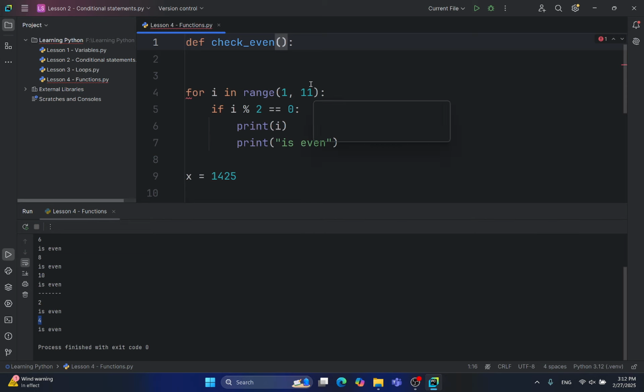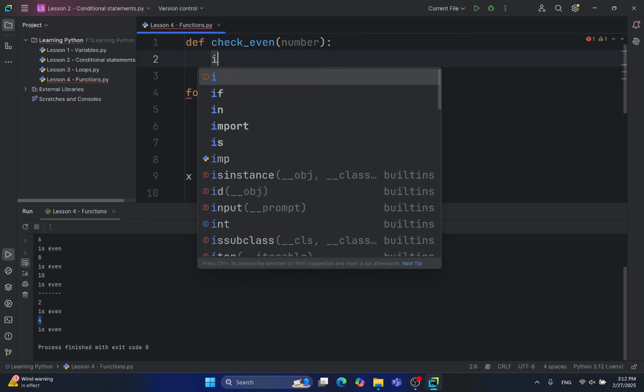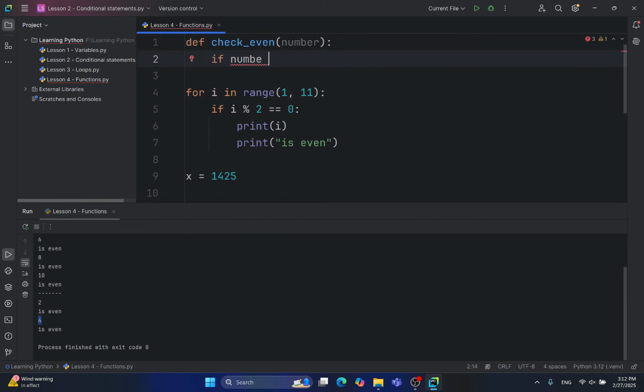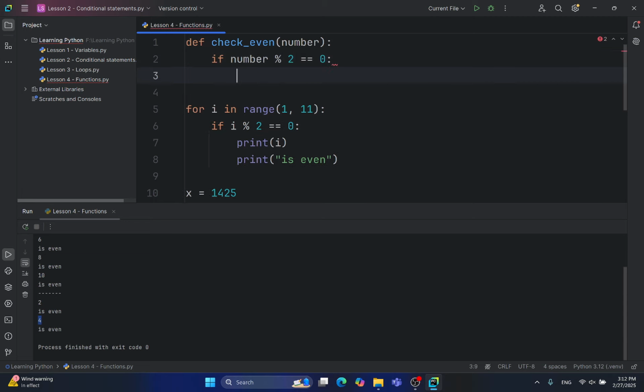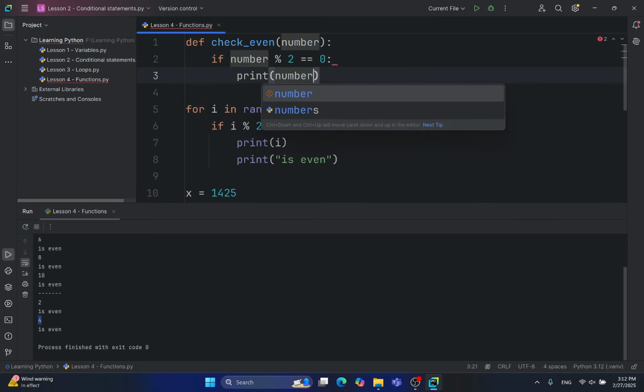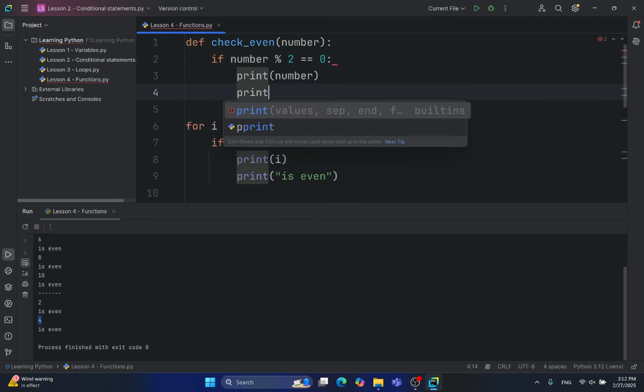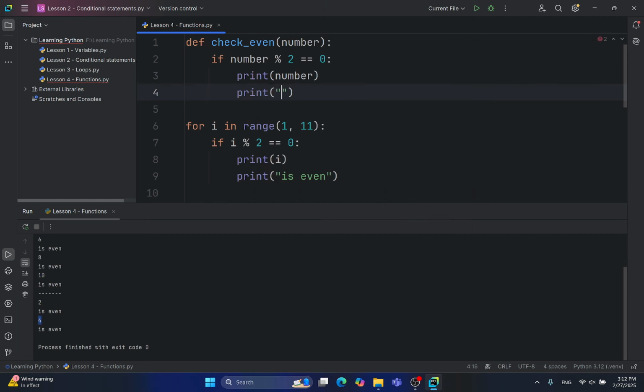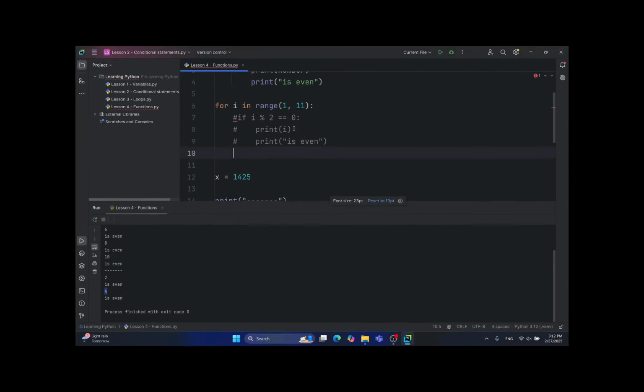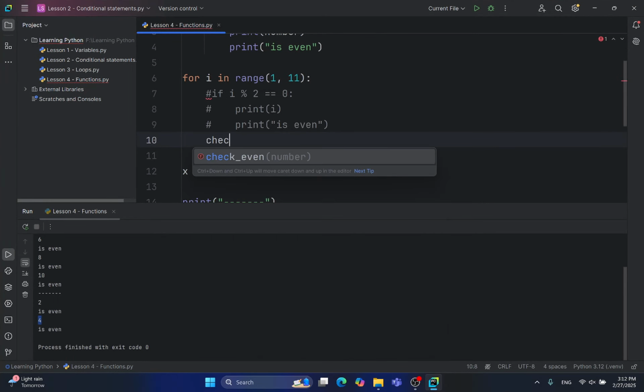Here I can name it whatever. It doesn't have to be i or digit. I'll name it, for example, number, and then check if number is even. Then print the number and print is even. I'll comment this. To call a function, you simply need to write its name,